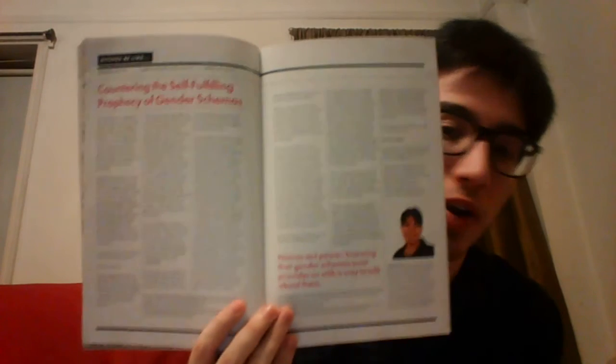And then we get two really big back matter things. We get an essay about schemas, which are gender and race-based stereotypes. It's a bit more complicated than that, but pick up the book and read the essay because it's fantastic. And then an interview with Megumi